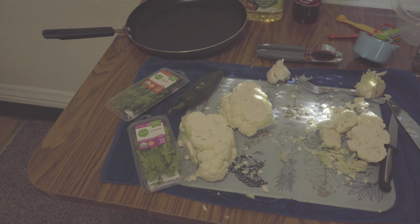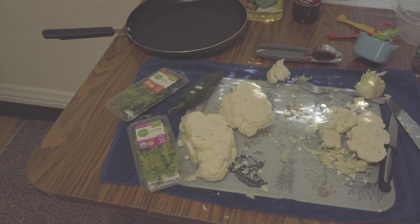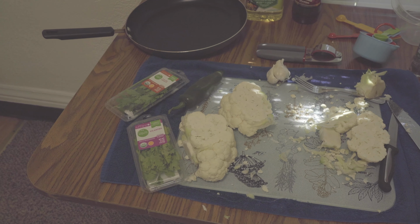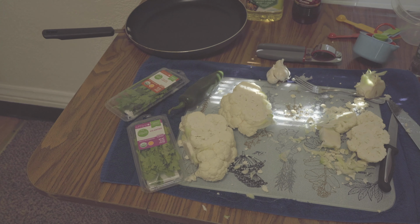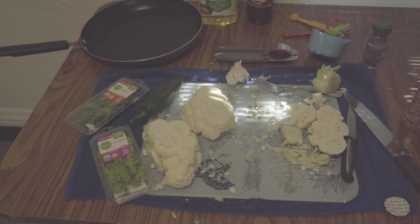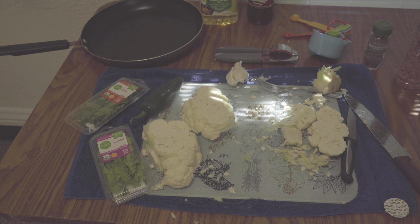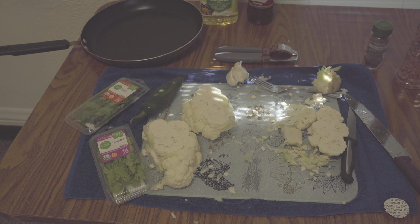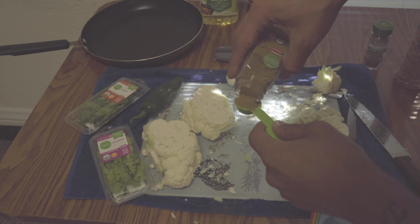Oh, one thing I forgot to say that we needed was cumin. I got some somewhere. Here we go. Simple organic ground cumin. So now that we got that chopped up like that, we're gonna take a little bowl to mix our cumin with the canola oil. And we'll just take a teaspoon of ground cumin, can't fit it there, scoop it out. So we'll take a teaspoon of this ground cumin,